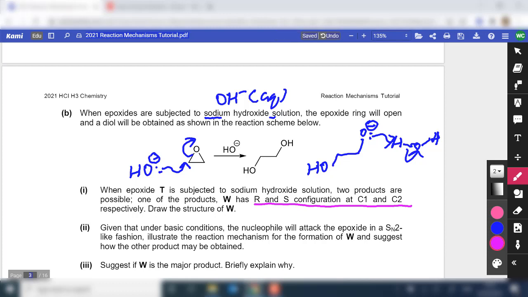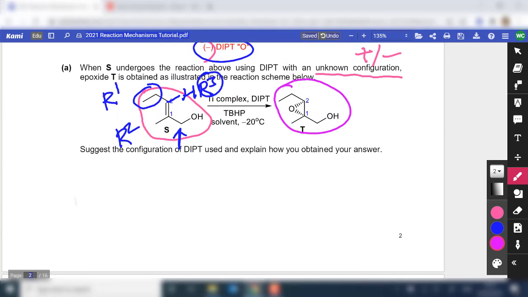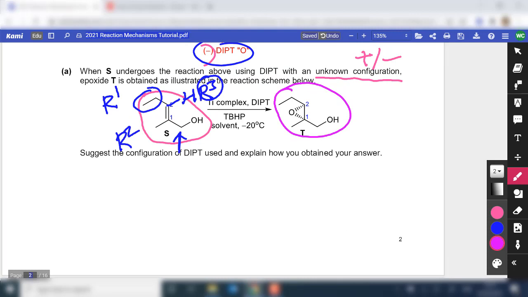I don't think this is a very major issue, but we will try to solve part one and part two together. We notice that a lot of you, when you draw your mechanism, simply just use T in the form of T shown in the diagram. You could actually try to draw T to your advantage so that you are able to track the change in configuration